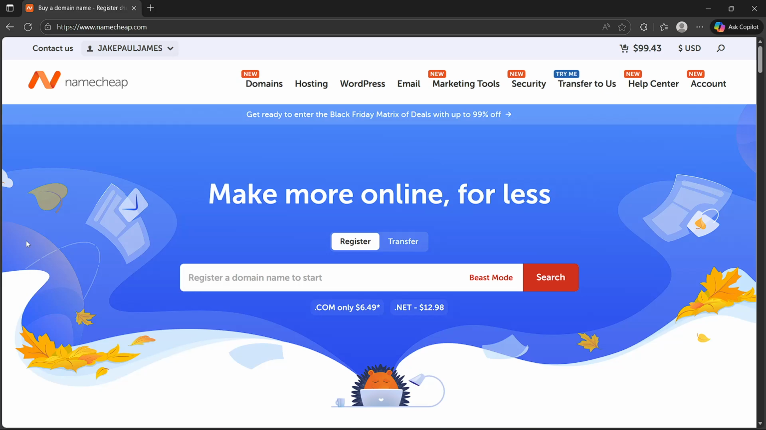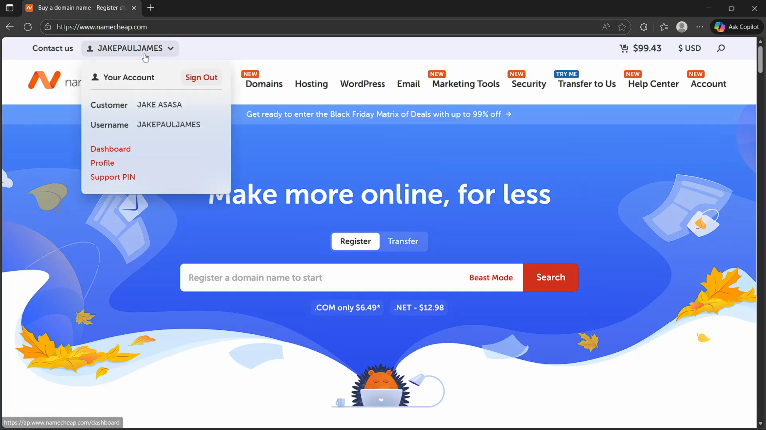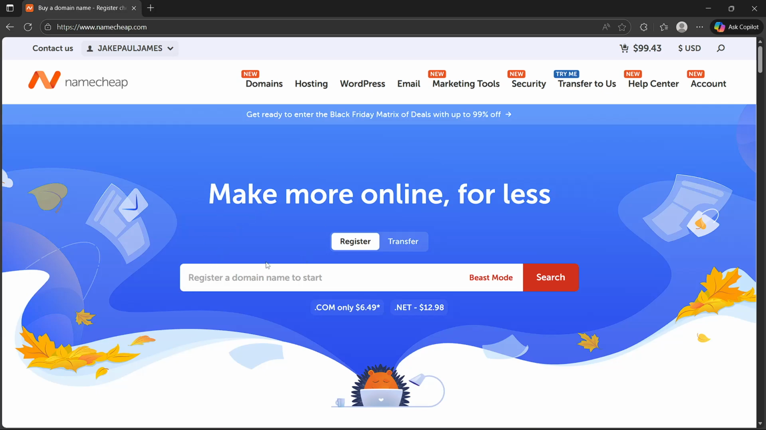So once you're on namecheap.com, what you will have to do is of course make sure that you've already logged into your account, and then you will see this search bar, and what you will have to do is basically just look for any name for your desired domain. So just go ahead and type that, and then you will click this search button right here and wait for